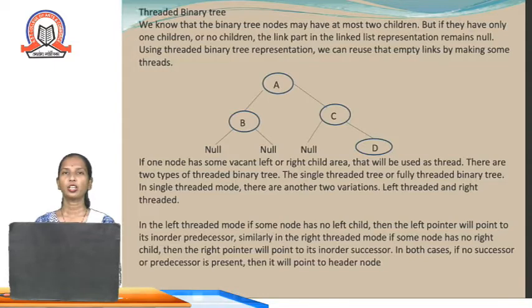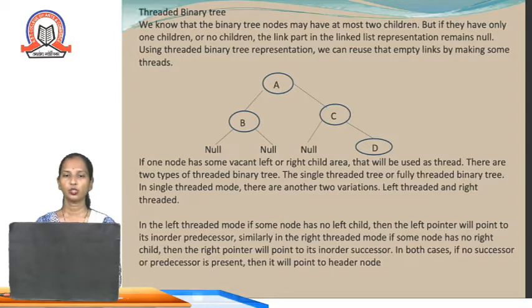We are all aware that a binary tree will have 2 or fewer children, that is a child on the left hand side and a child on the right hand side. So it will have at most 2 children. But the problem with that tree is, to any node, if only a single child is there, for example a left child, and the right child is not there, then that node will be stored as a null